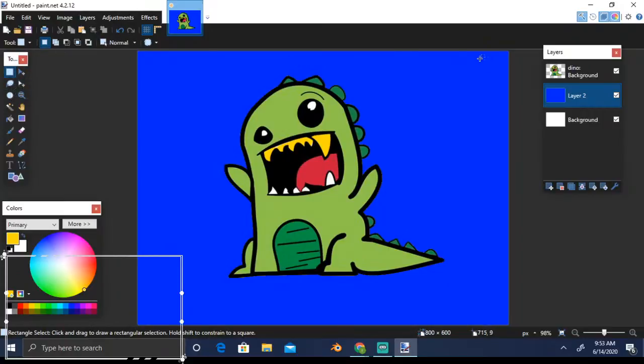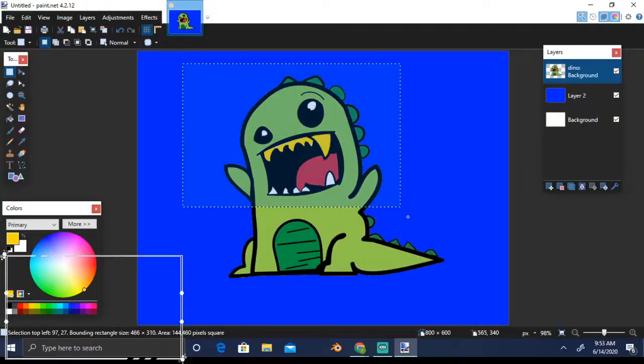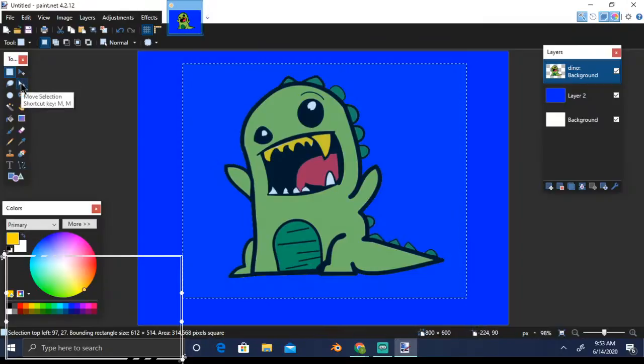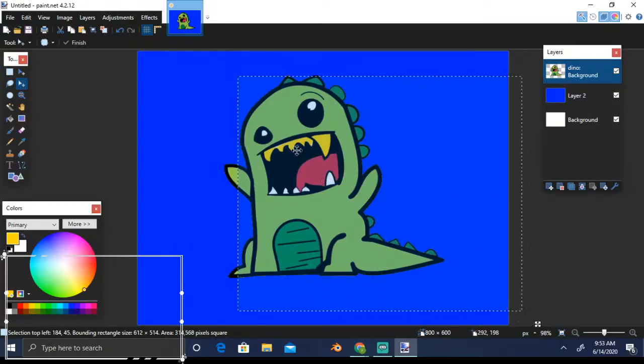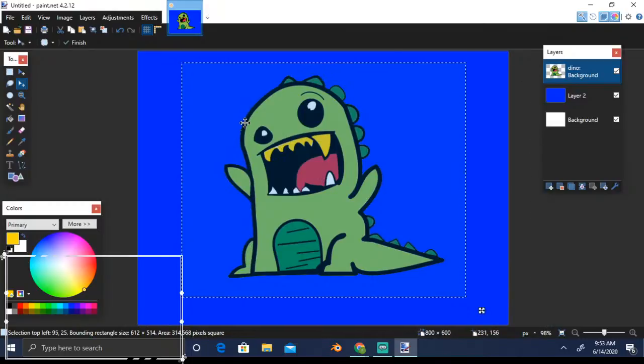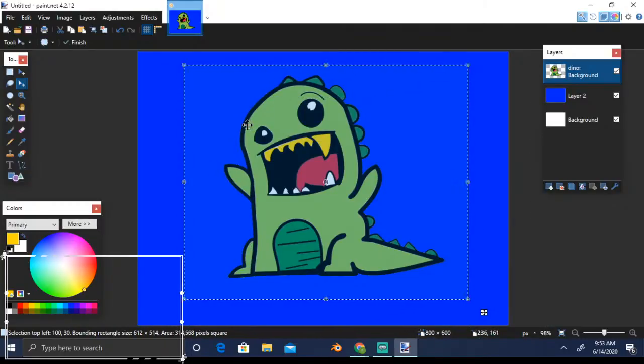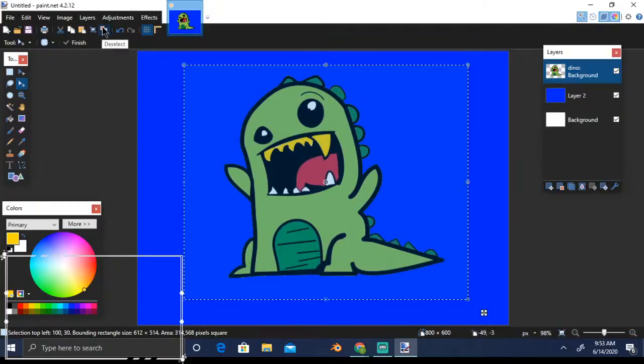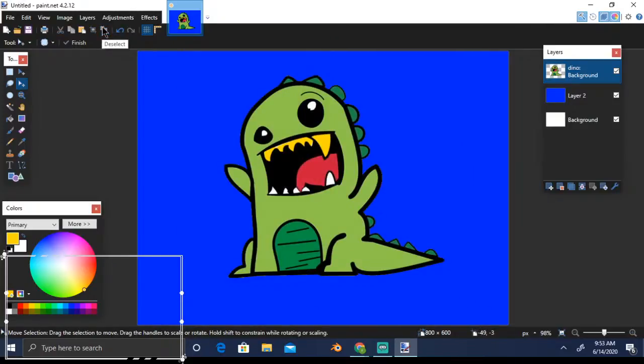Now this one is on the dino layer, the image, and this should select the image, and let's see what it does. Okay, we'll come back to this tool. I think I'm using it in the wrong scenario. I will touch base on that soon.